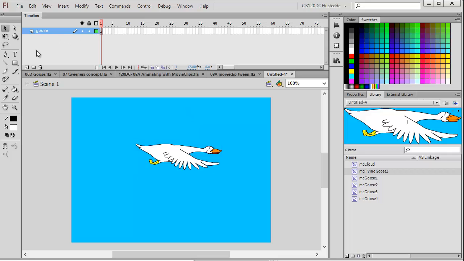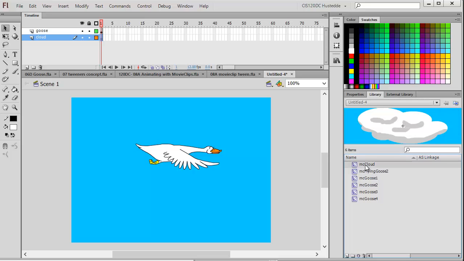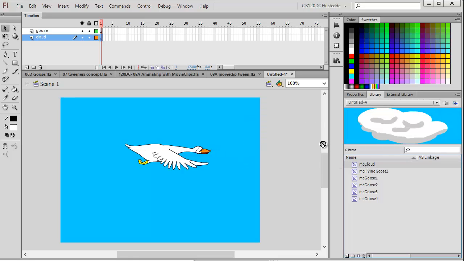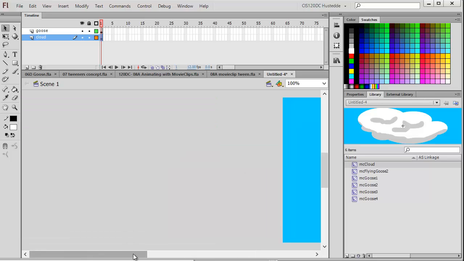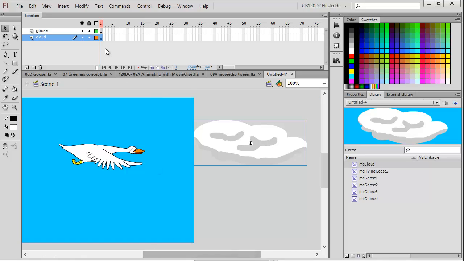Now let's add in our cloud for this tracked shot. I'm going to add in another layer, call this one cloud, and I'm going to bring it to the bottom so the cloud is behind the goose. I'm going to bring in our MC Cloud movie clip, position it on the right side of the stage. I want to have it move from right to left as the goose moves forward,